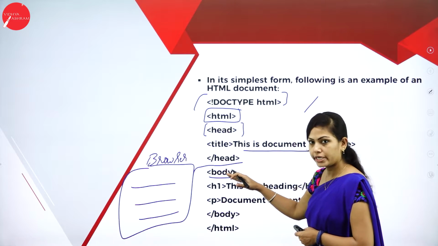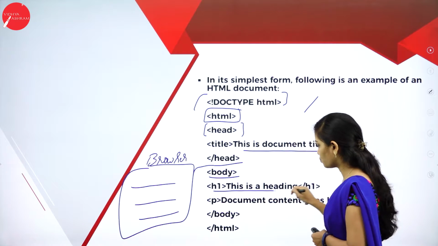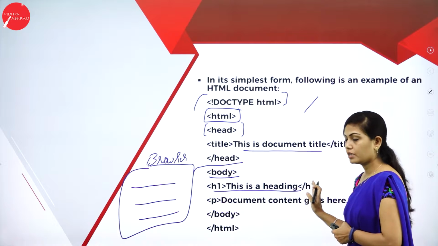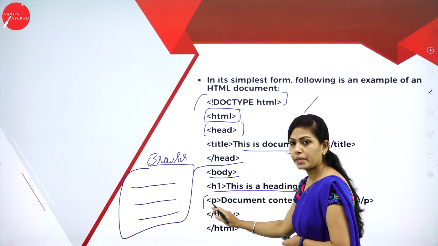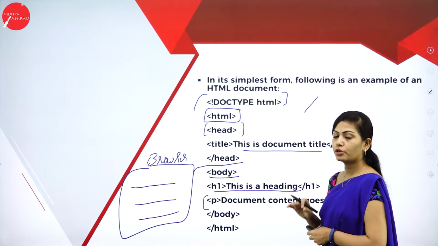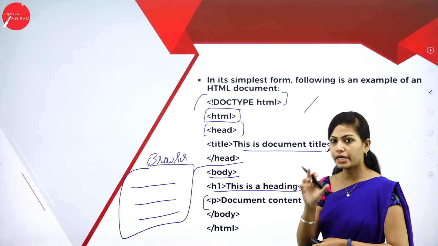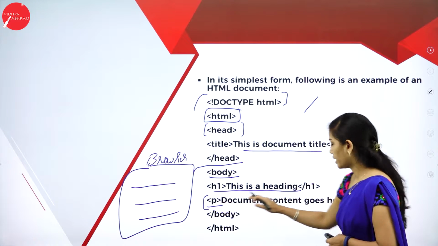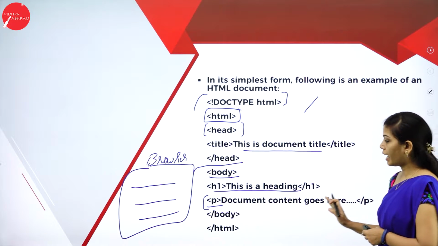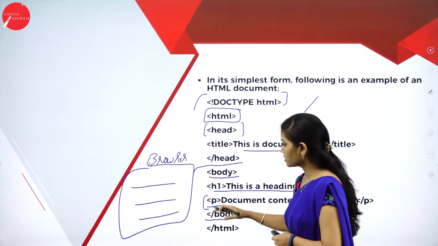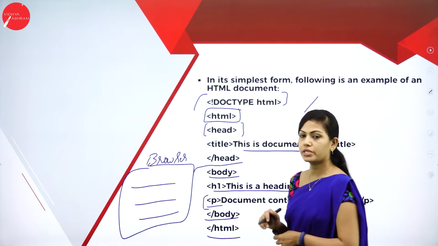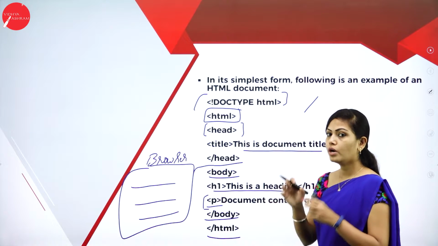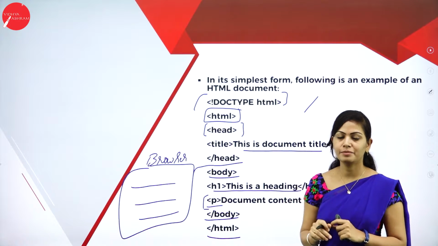So open the body tag. Inside a body tag, you can give any contents like heading, paragraph, images, tables, etc. After opening the body tag, I have written H1. H1 means heading 1, and I close heading 1 and write P. P stands for paragraph. If you want to write one or more lines in your content, you can use the paragraph tag. So open the P tag, close the P tag, and then the body tag. After that I will close the body tag and the HTML tag. This is the basic structure of an HTML program. How to execute this practically, I will show you.